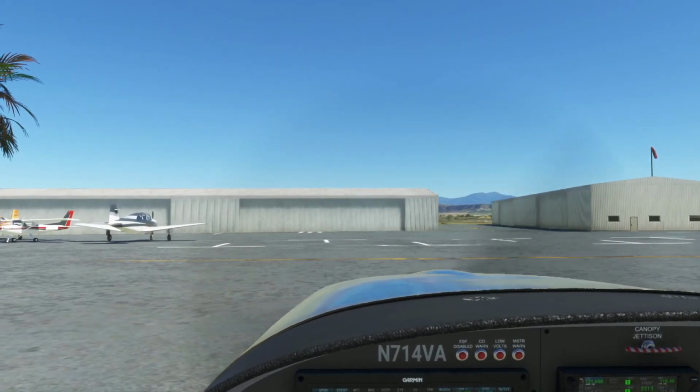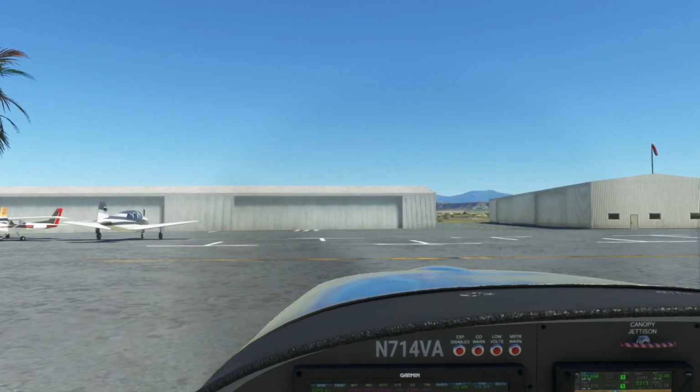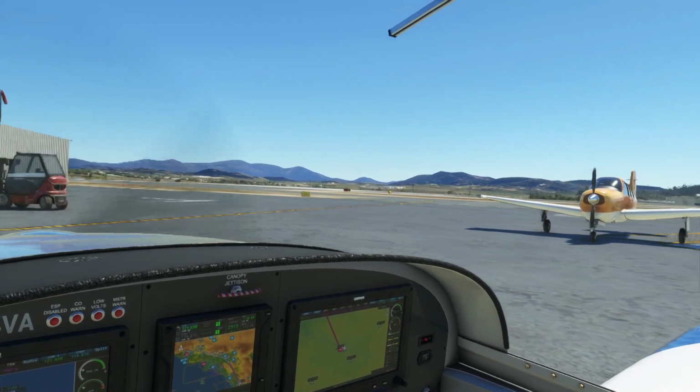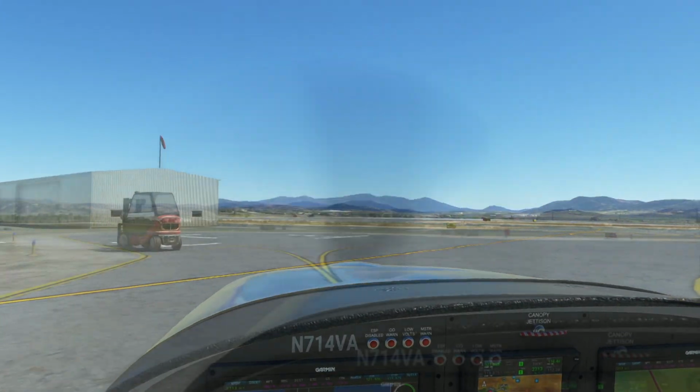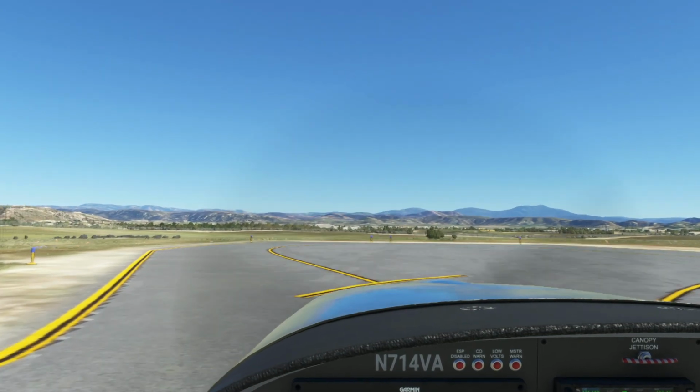Alright, everything looks clear on our left and on our right. We'll get our feet off the brakes. Here we go. Oh, we got a fork truck that snuck up on us. We'll watch out for him. And we got a little run-up area right over here on our left, which is nice, so we'll pull off